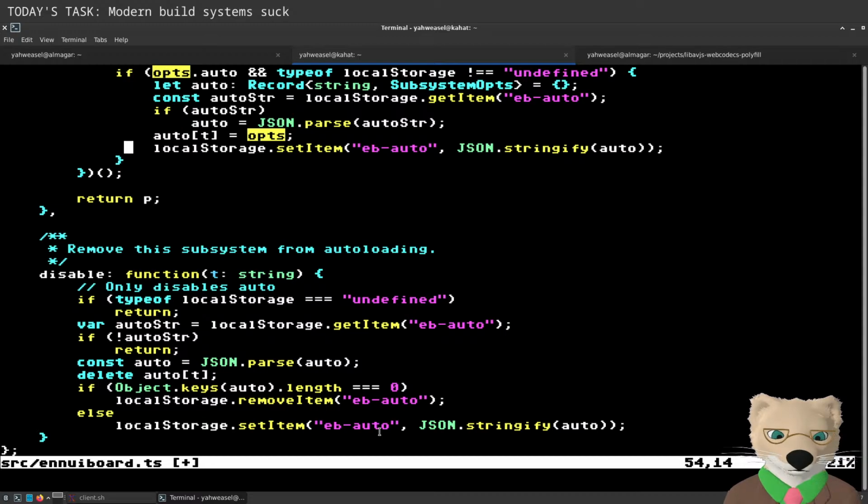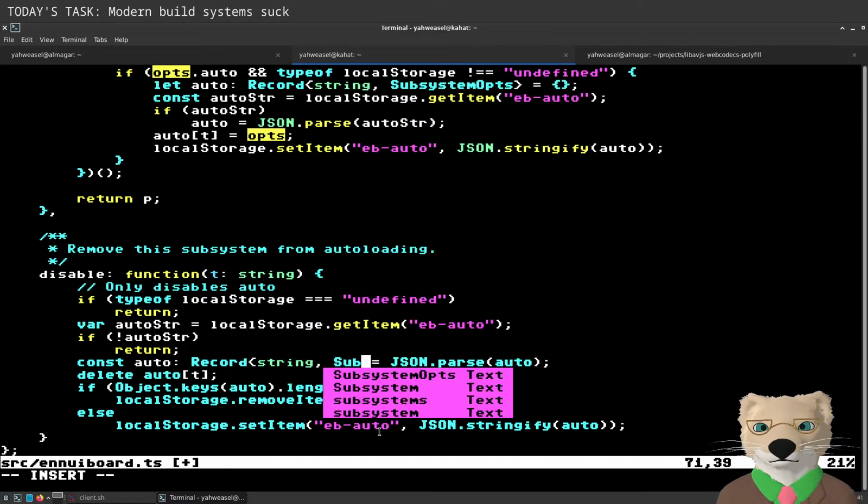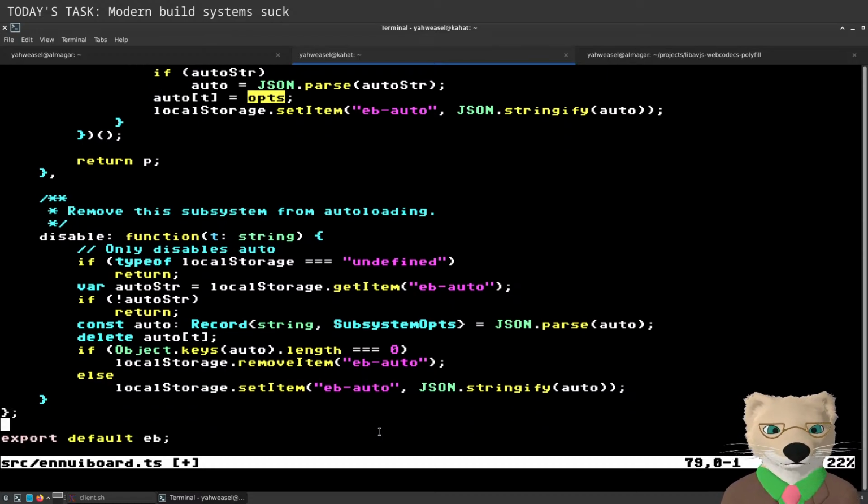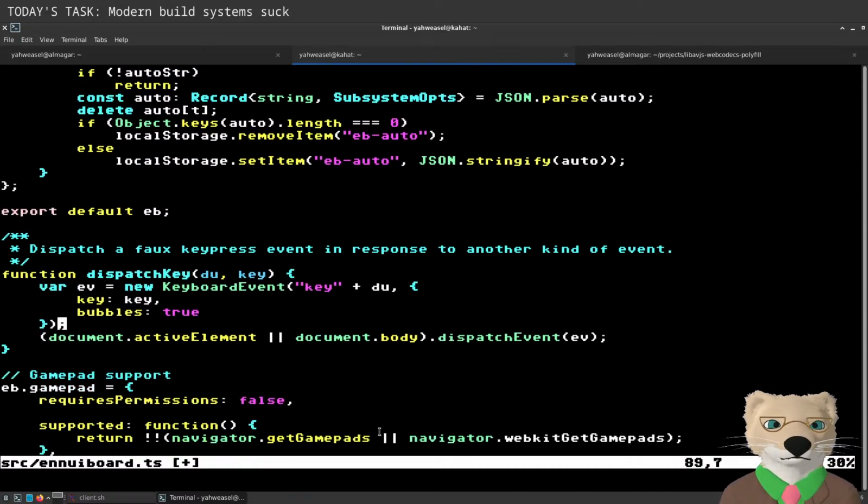You know what? No. It's still a record of string. Subsystem options. And all we have to do is delete it. And then, yeah, if there's nothing there, then we just remove it entirely. Otherwise, we restring it from